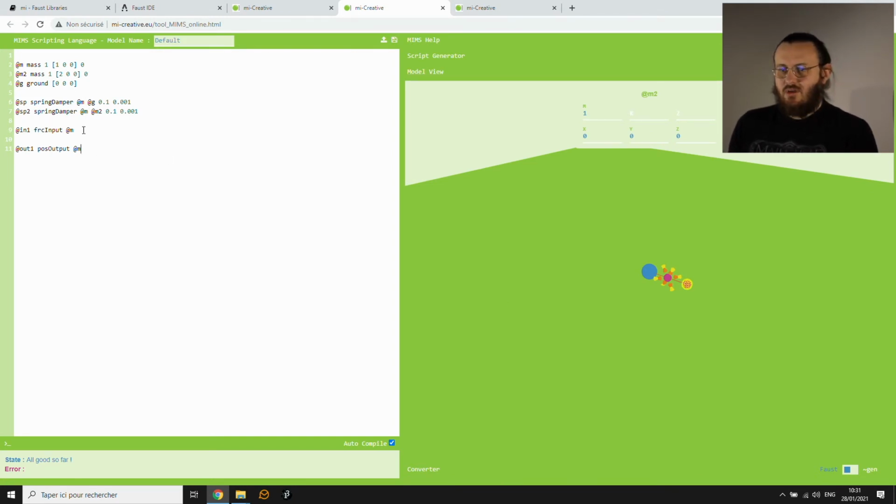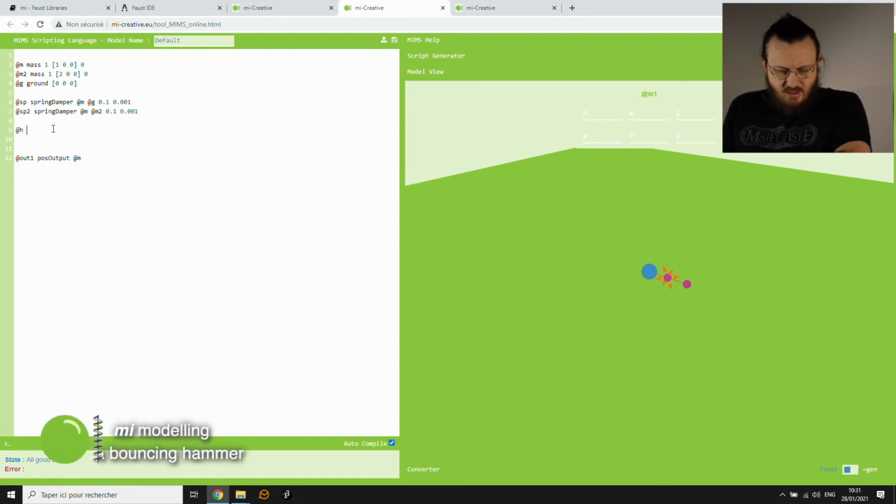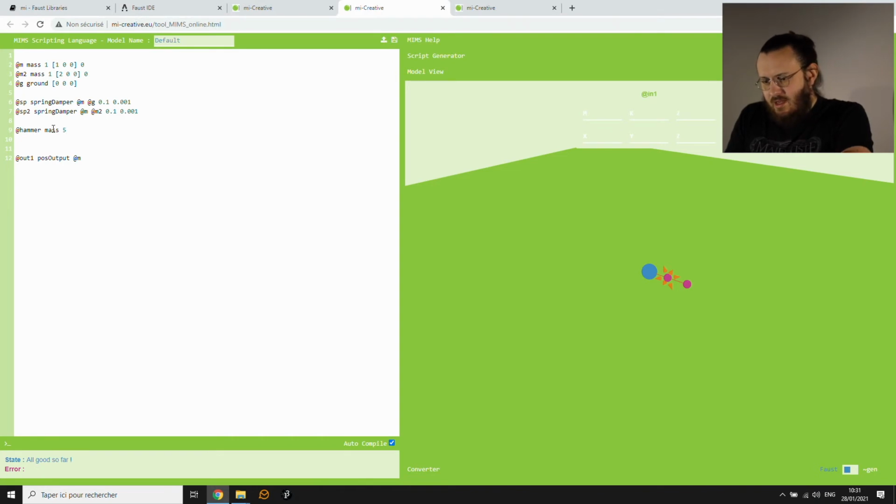The first thing I'm going to show you is how we can excite this model slightly differently than we had up till now. And we're going to do that first by removing this force input, and we're going to add a mass to the system. We're going to call this mass hammer. It's going to be a regular mass. We're going to make it a bit heavier than the others,